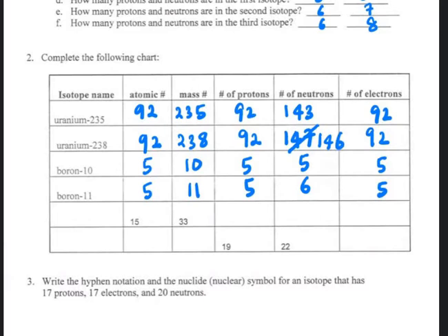Yang bawah ni pula dia tak bagi tahu elemen tu apa, but the hint is there. Macam mana kita nak tahu what is the element? Look at the periodic table. Ya, okay. Macam mana kita nak tahu which element based on the information yang dia bagi? Proton. Kita tengok atomic number dia. Mass number. Tengok pada mass number tau. You kena tengok dekat mass number. So it is 33. So which means that this element is